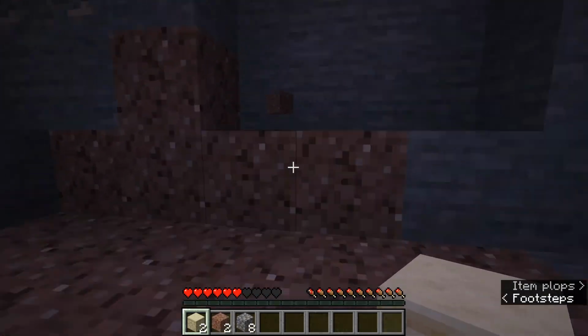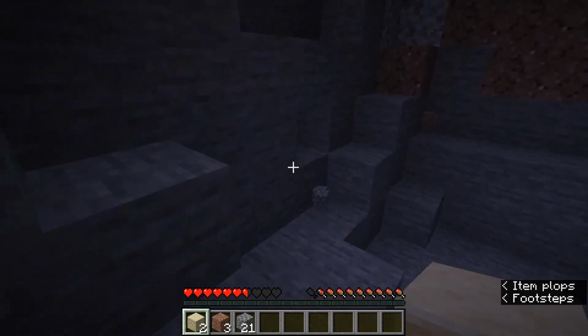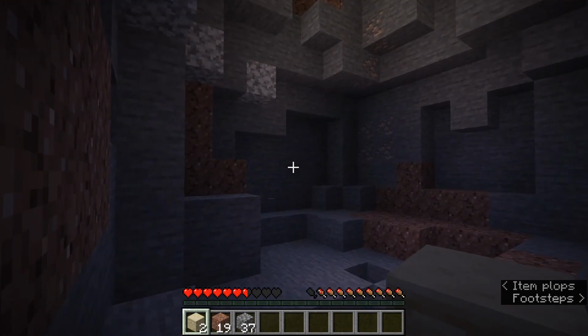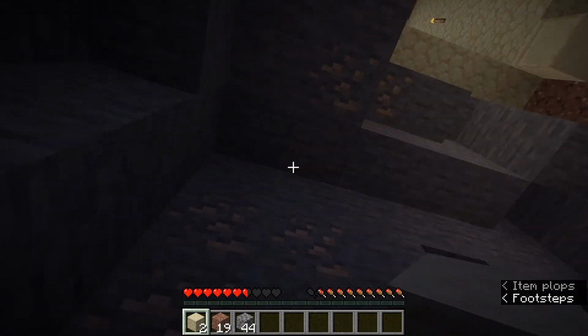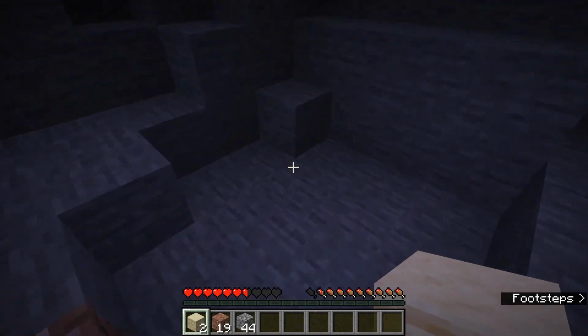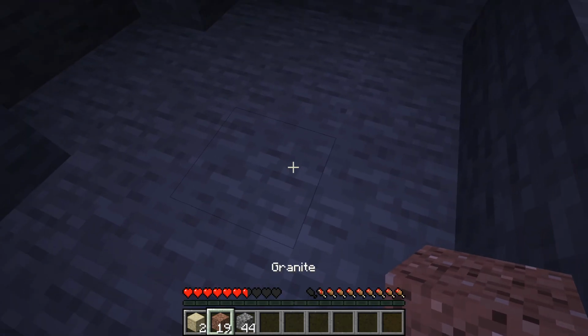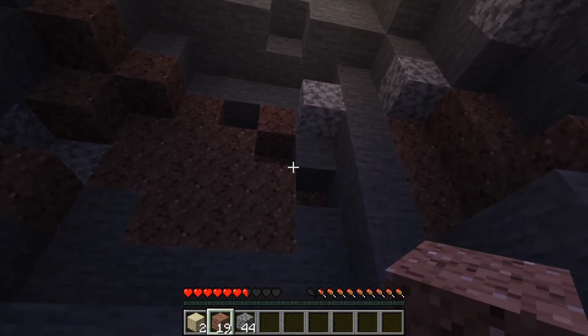So I'm going to jump down there and see if I still have anything. But I think everything has been blown up. All the stuff that I dropped when I died blew up, which was devastating. But luckily, it's early in the game. I'll get over the loss. Wow, there's some good iron down here. So basically what I did was I died, and then the continuing explosion blew up all my